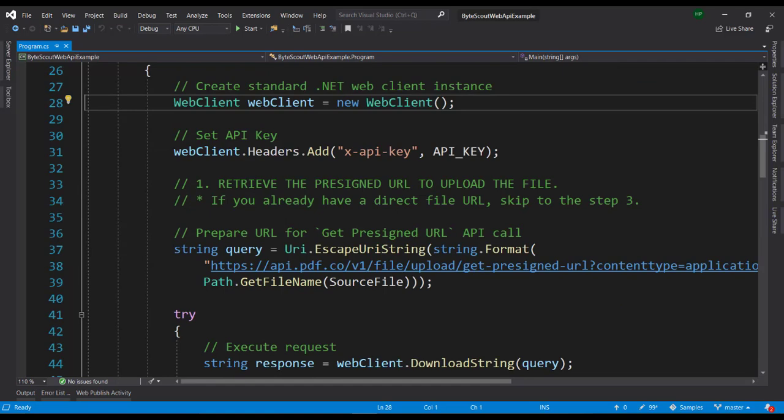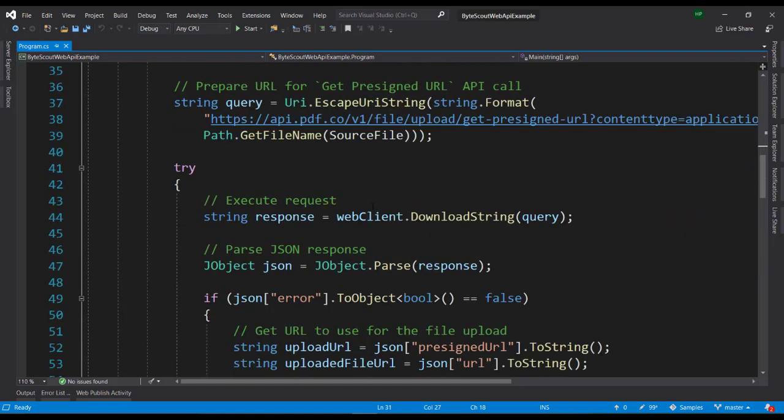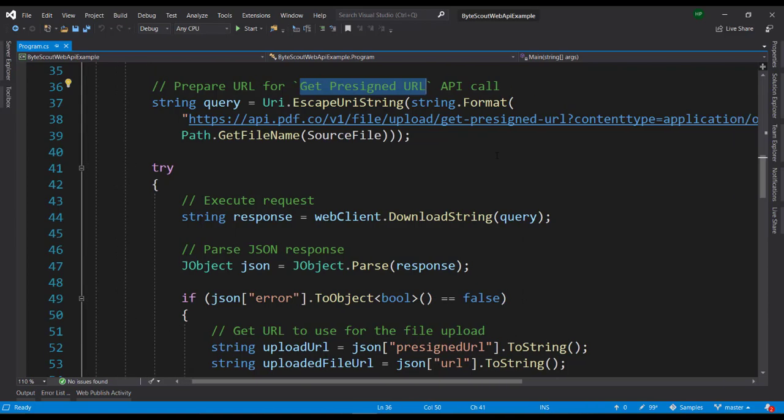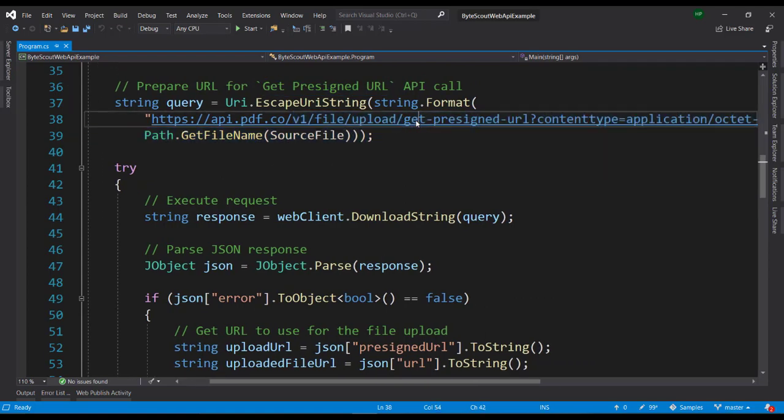We are creating the object of the web client. We are providing the header keys. So here we are having the physical file. To process, we will require the URL. So first of all, we are getting the pre-signed URL. So basically we are getting the placeholder URL for the PDF file to which we are going to upload the file. So here by calling this URL, we are getting the pre-signed URL